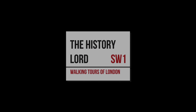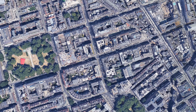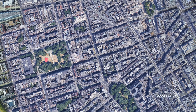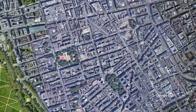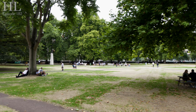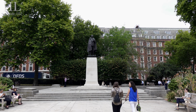Mayfair these days mainly consists of the historical Grosvenor, Albemarle, Berkeley, Burlington and Curzon estates. On the west is Park Lane, the north Oxford Street and the east is Regent Street. It's bordered to the south by Piccadilly. It's also bordered by parkland, Hyde Park to the west and Green Park to the south. There's also the 8-acre, 3.2 hectare Grosvenor Square that's roughly in the centre of Mayfair and contains many centrepieces and